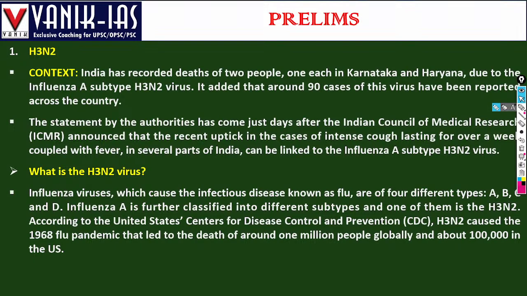But this influenza virus, which causes the infectious disease known as the flu, is of four different types: A, B, C, and D. Influenza A is further classified into different subtypes, and one of them is the H3N2. According to the United States Centers for Disease Control and Prevention, H3N2 caused the 1968 flu pandemic that